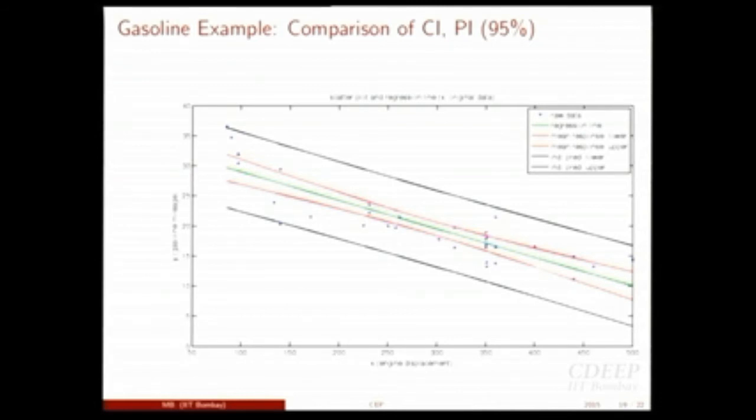So that means my model is the most accurate at the center of the data. And as I move away, supposing you collected data in the range of maybe 100 to 500, but you want to predict some value of y for x equal to 10, there these confidence intervals would have become even wider.